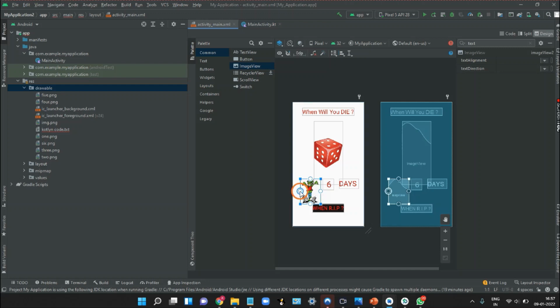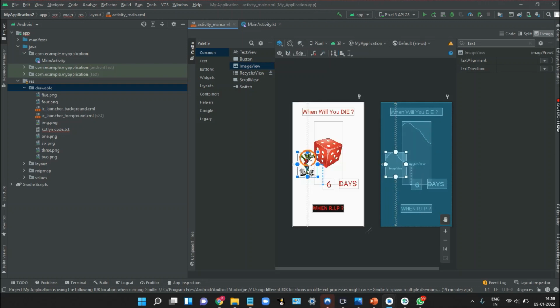So now let's connect our dots. First dot, second dot, third dot, and our fourth dot.